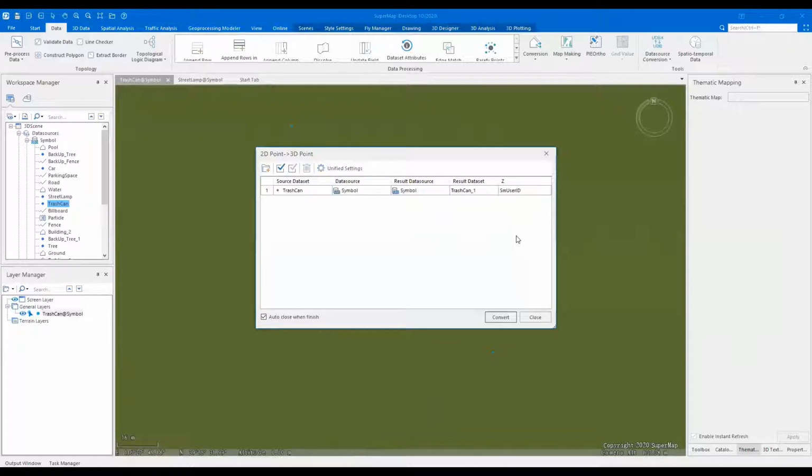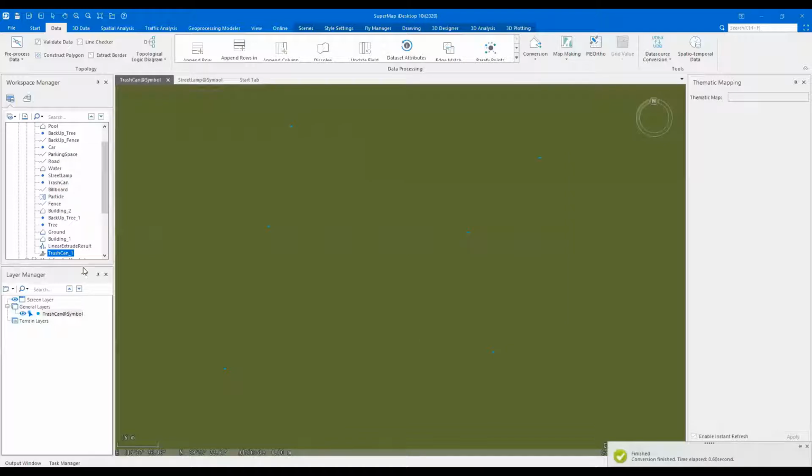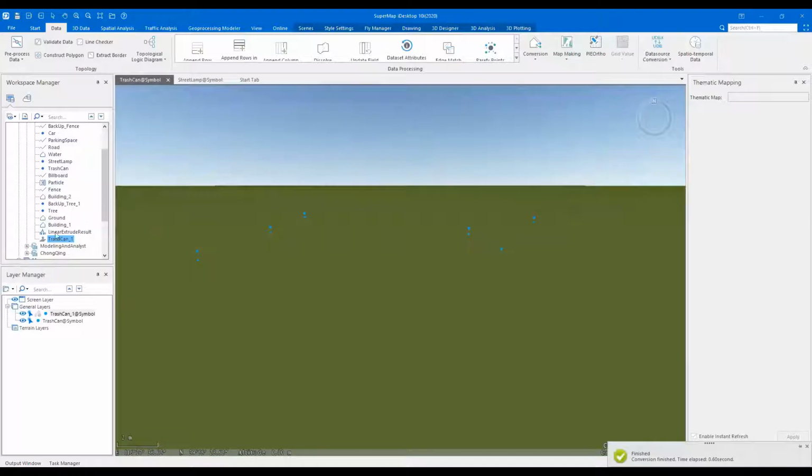Okay, and there will appear this window, the 2D point to the 3D point. And then let's modify its z coordinates as 4. We just, that is a trash can, and we could modify its z coordinates as 4 and click the convert. And let's add it to our current scene. We can see that is a 3D data